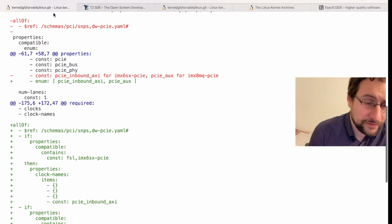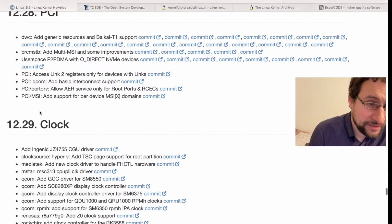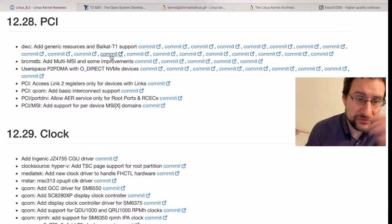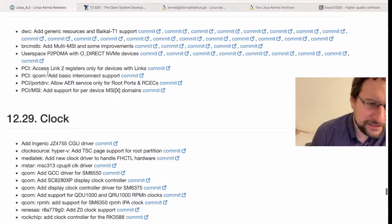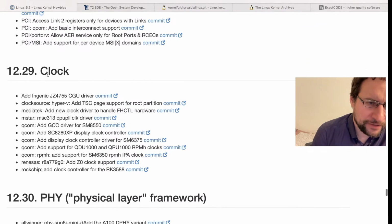IMCX. Did they not say Baikal? So Baikal sounds like the Russian. Where have I been? Generic resource by Baikal T1. Maybe they have also an ARM. I can't keep track of all the foreign SOC implementations. PCI Access Link 2 register device, port driver, AER service only, root ports, support for